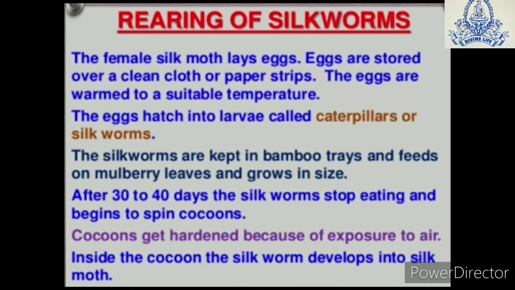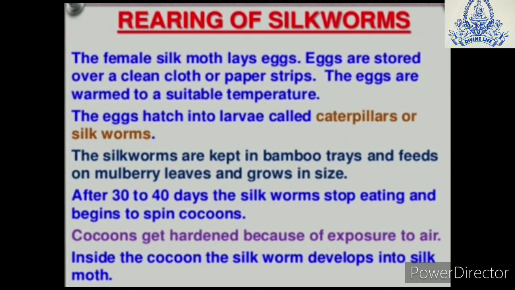The caterpillar eats these mulberry leaves day and night and grows in size. This we have already discussed in the previous lecture. Bamboo trays are used to keep these caterpillars, and some freshly chopped mulberry leaves are also kept in the tray for the caterpillars to feed upon. After 30-40 days, the caterpillar stops eating the leaves and then moves inside the small chambers in the bamboo trays